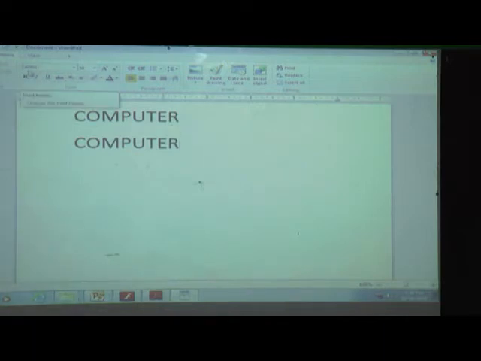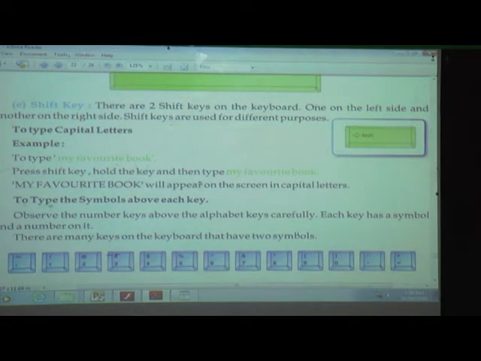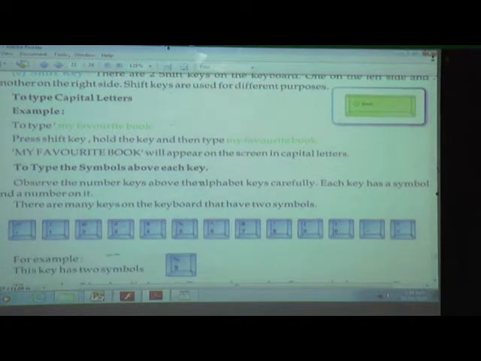Then another use of the shift key. What is another use of the shift key? First is to write a capital letter, right? And another is to type the symbol above each key. Observe the number keys above the alphabet keys carefully. Each key has a symbol and a number on it. Where are these keys?